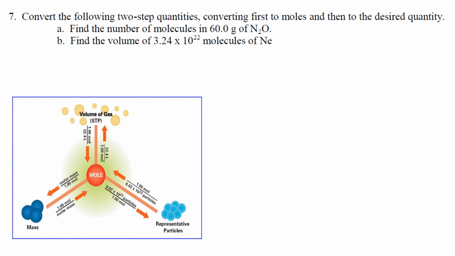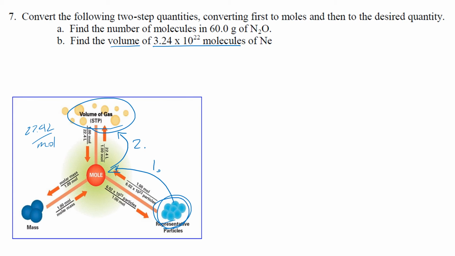Okay, class, let's do another example of a 2-step conversion. Here we're starting with molecules and we want to get to volume. So we do step 1, get to moles, and then step 2, get to volume. Seems easy enough. I don't have the periodic table on this slide because we don't need it. We're going to use 22.4 liters per mole to convert to volume,